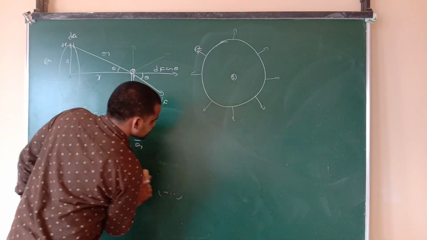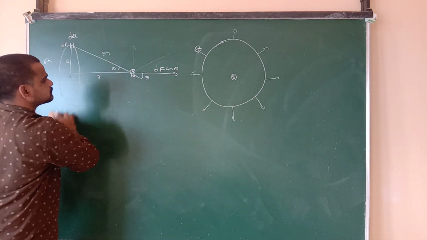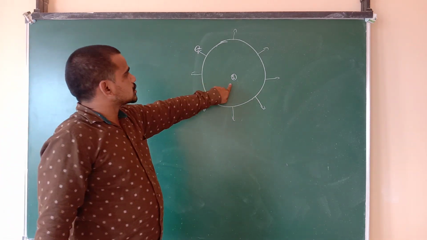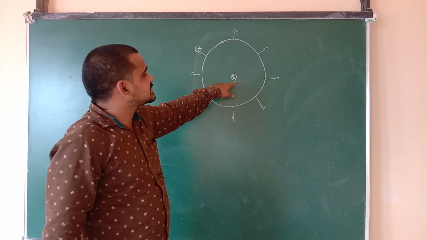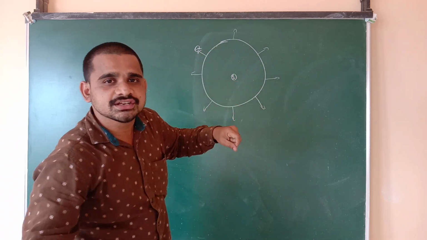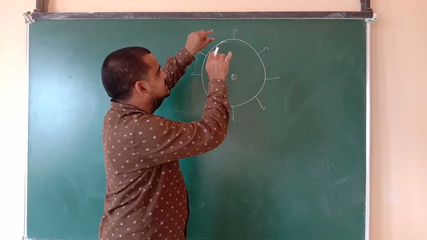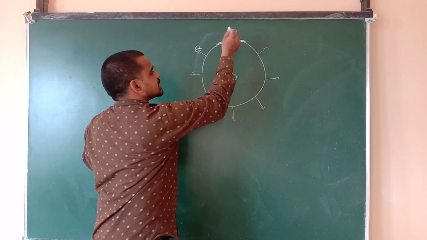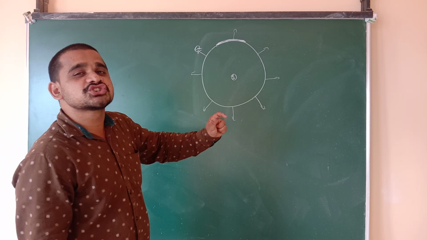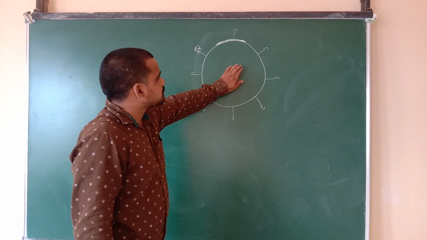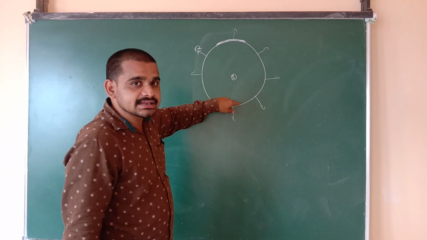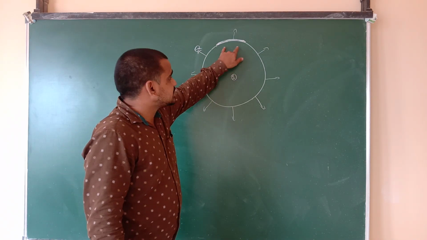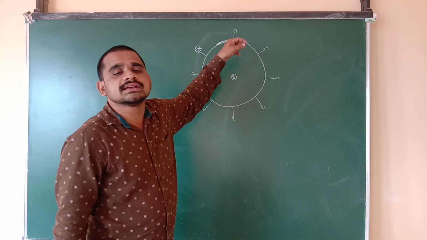Listen here. I want to discuss one more thing for you. See here, when I am keeping a small q at the center of a charged ring, this small q is applying force in all directions, right? When repulsive force is there, some tension is existing in this string. Now our task is to calculate the tension. Because of repulsive force, the string will get some tension.